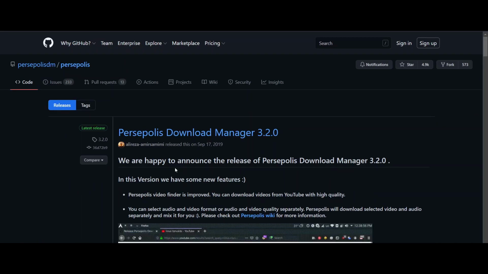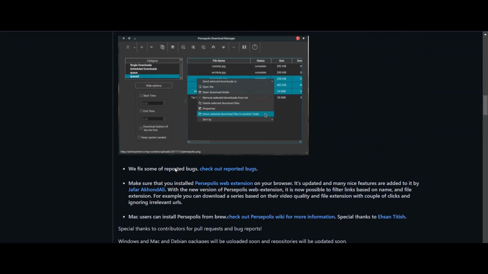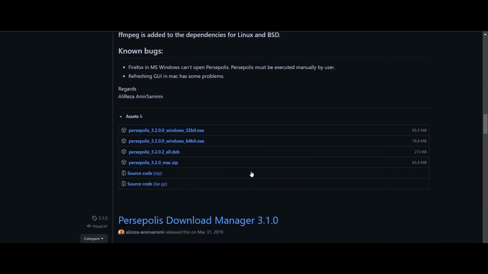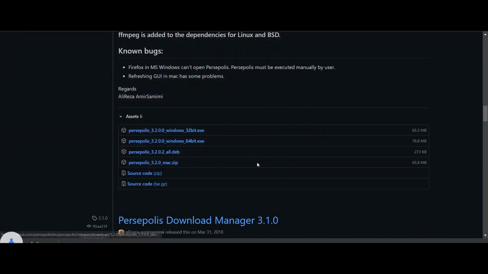So download this software according to your system architecture, which is 64-bit or 32-bit. Mine is 64-bit, so I will download the 64-bit version. After downloading, install this software.